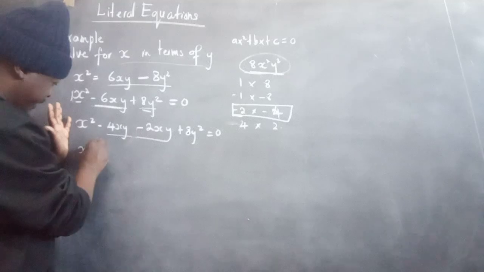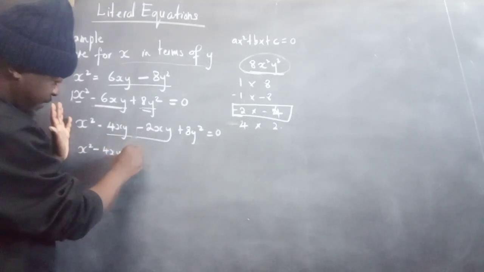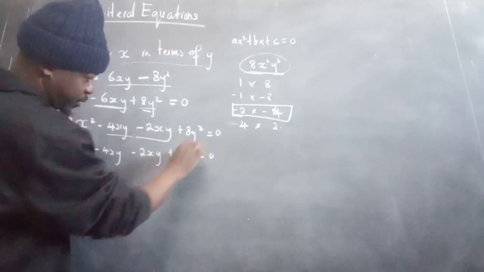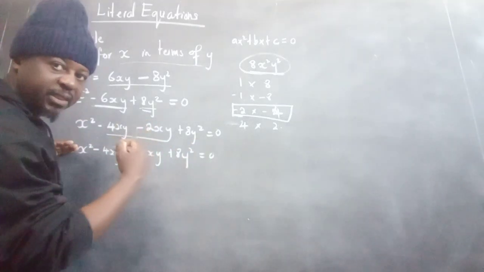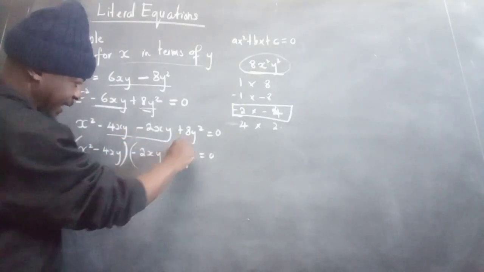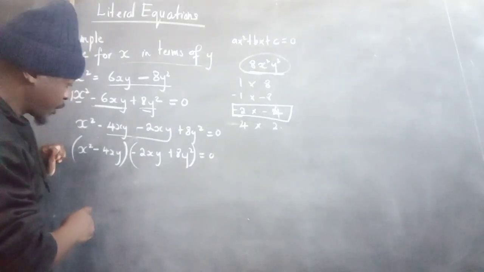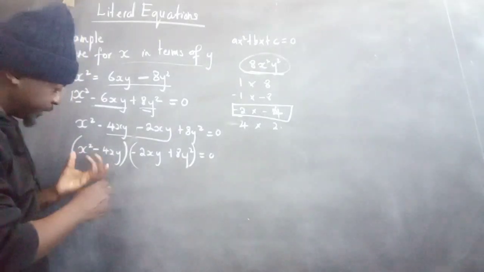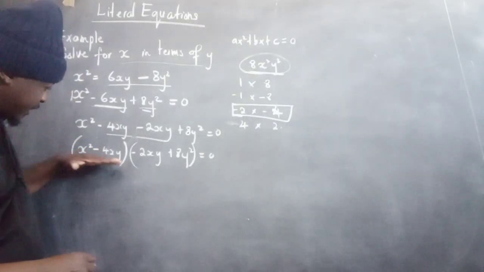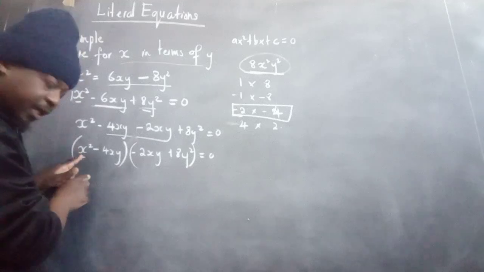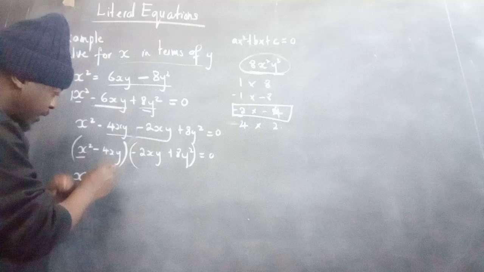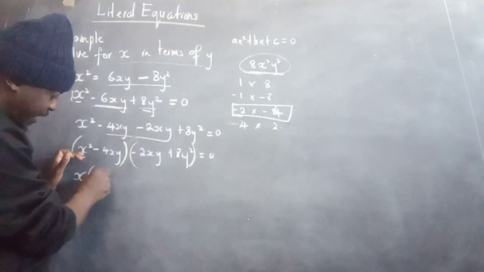So this expression is 4xy minus 2xy plus 8y squared is equal to 0. I just rewrote this expression, imposing some brackets like that. So I have two brackets now, and in each bracket I'm going to find a factor. The factor here is x because x appears here and there. So I'm going to write x outside of the bracket, and this leaves me with an x minus